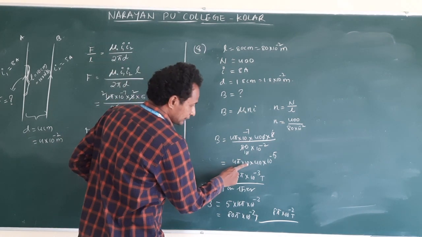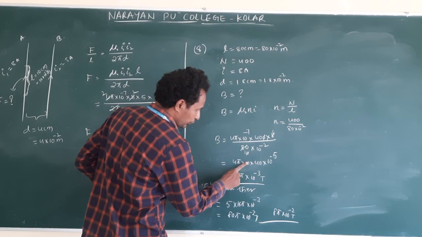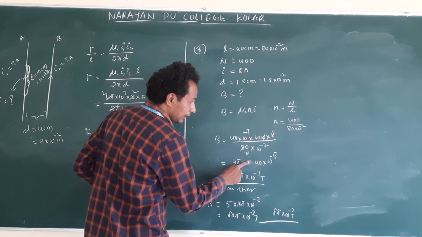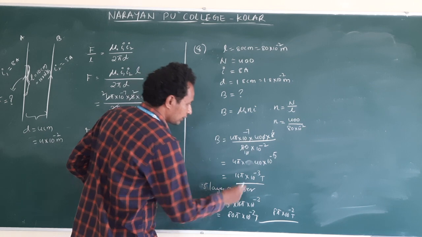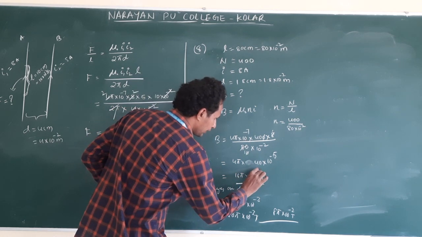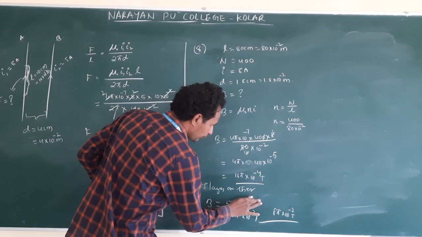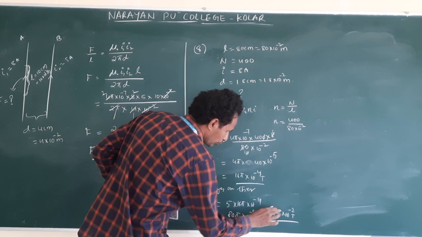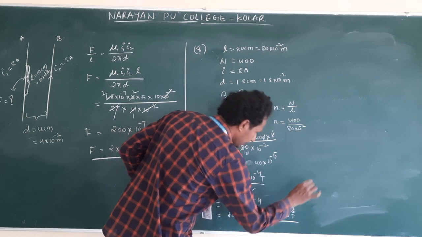So here I have written 10 extra. So remove this 10 power minus 1. I wrote 10 here, again power minus 1 right here. So then this will be minus 4, and this will be minus 4, and this will be minus 4, and this is minus 3.